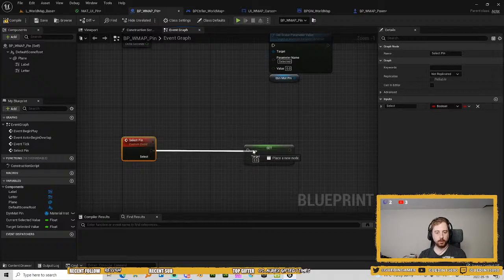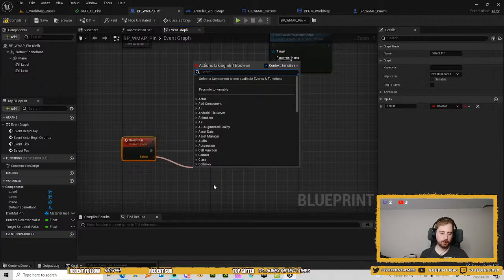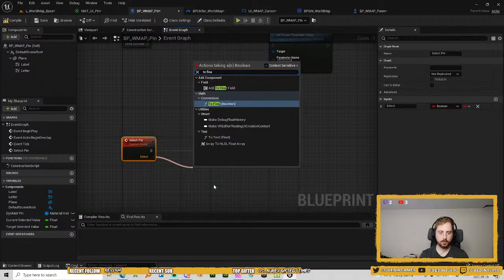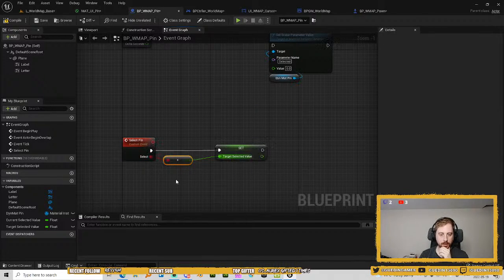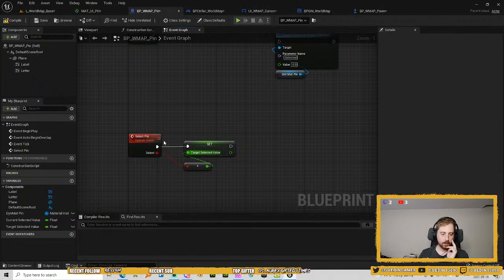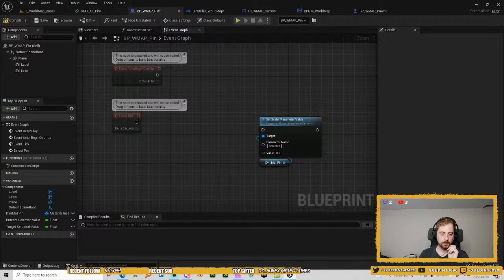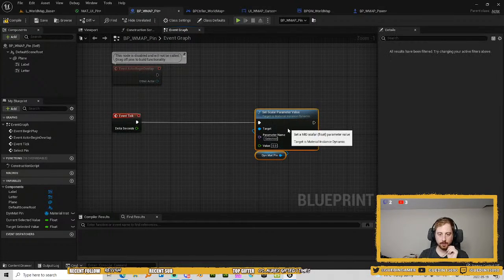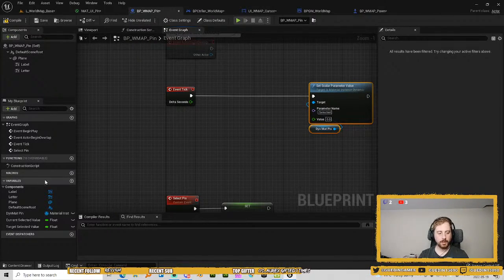Actually, I don't even need a branch. All I need is to convert that. I can't convert this to float. Yeah, there is no to float. Yes, there is. All right. So when we call this, we're gonna change the variable of the target selected value. That's great, because now we can make